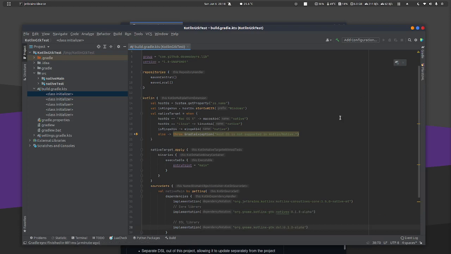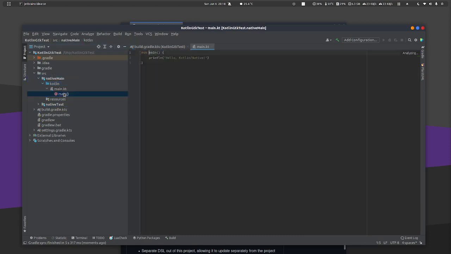Now, we're going to refresh the project, and it's going to load up our dependencies. Just wait one moment. There we go. Pretty easy, right? Now, the next thing we need to do is go into our main file. We're going to get rid of this print line, and replace it with the definition of an application with the Kotlin Native GTK library. We're going to give it an ID, and I'm going to name it